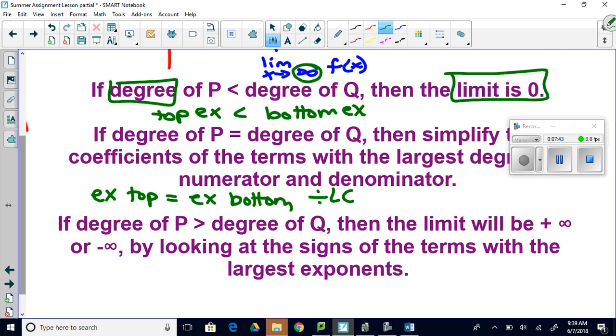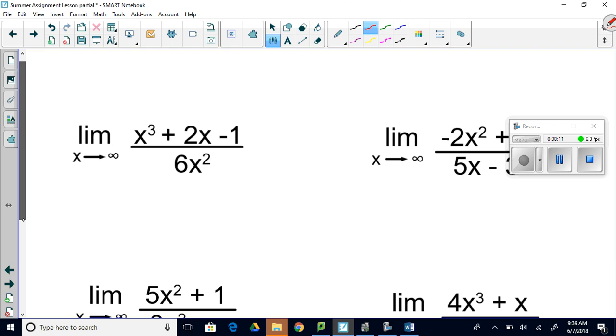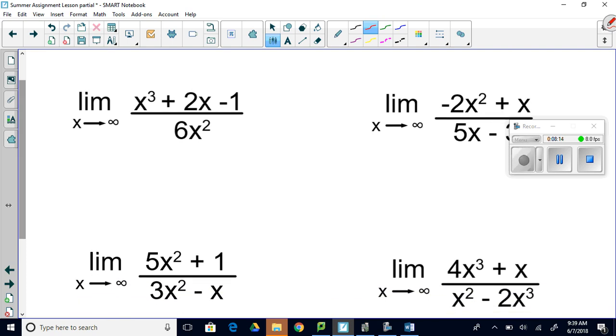And the last rule is if the degree of the top is bigger than the degree of the bottom, then the limit will be positive infinity or negative infinity. So if the exponent on top is bigger than the exponent on the bottom, you're going to know it's going to be positive infinity or negative infinity. And you kind of have to analyze the problem to decide which it is. So let's look at a couple examples of these situations. So if we look at this first limit,